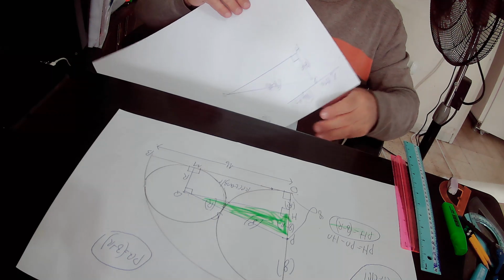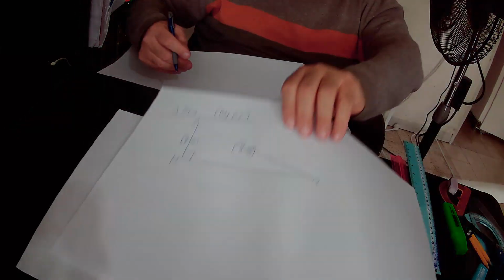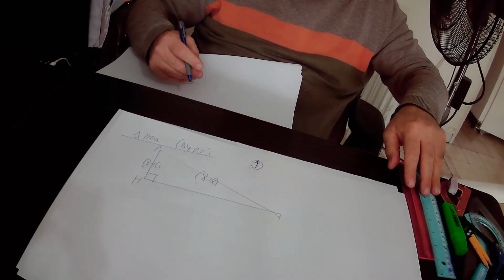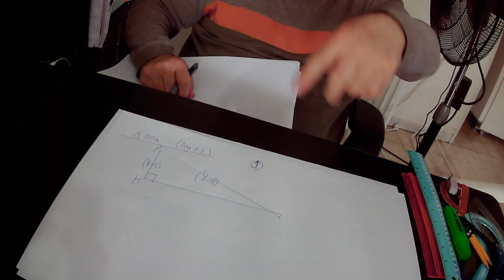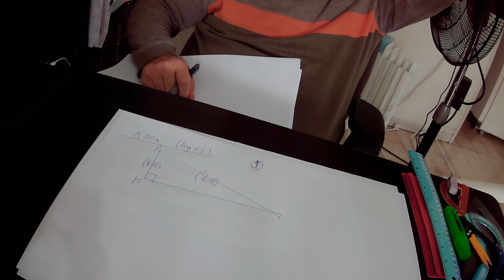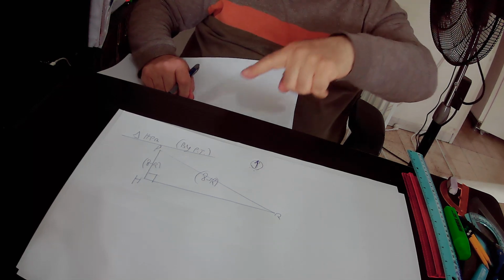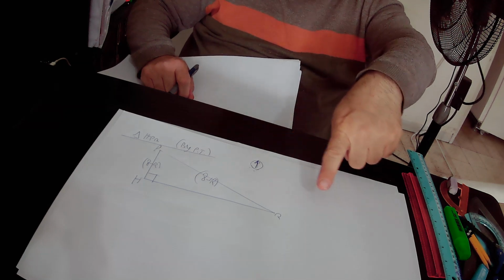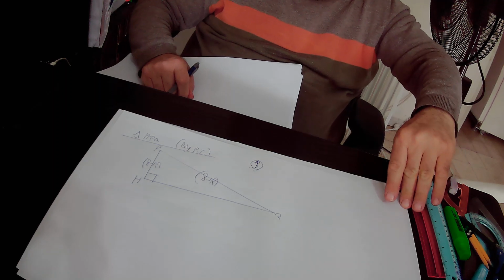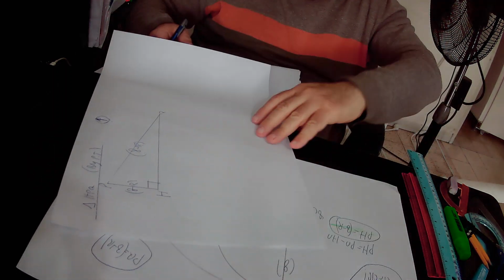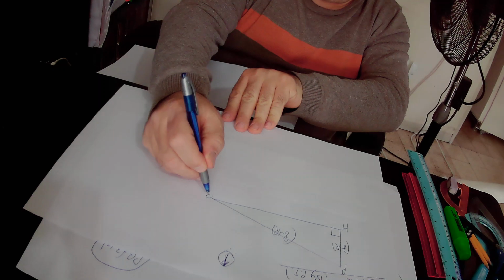According to the Pythagoras theorem, in any right triangle, the square of the hypotenuse equals the sum of the squares of the perpendiculars. So this is the right green triangle PHQ that I got from the original drawing. In this right angle PHQ, according to the Pythagoras theorem, the square of the hypotenuse, that is PQ square, must be equal to PH square plus HQ square. So I write it down, according to the Pythagoras theorem, in this right angle triangle PHQ,